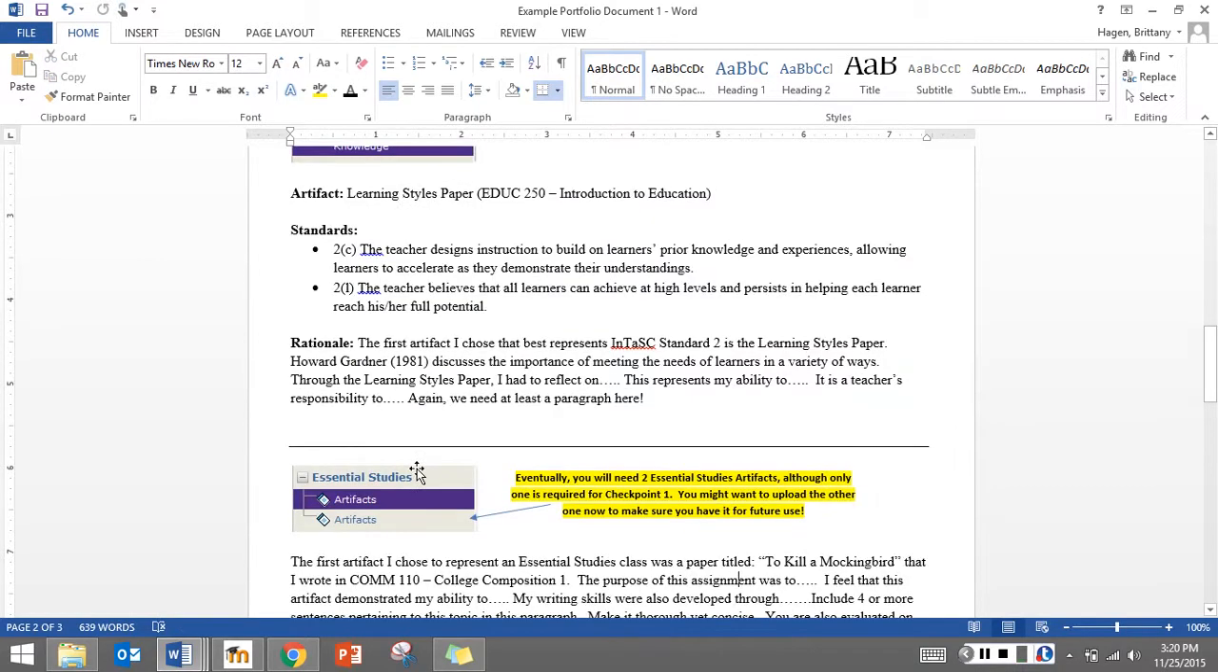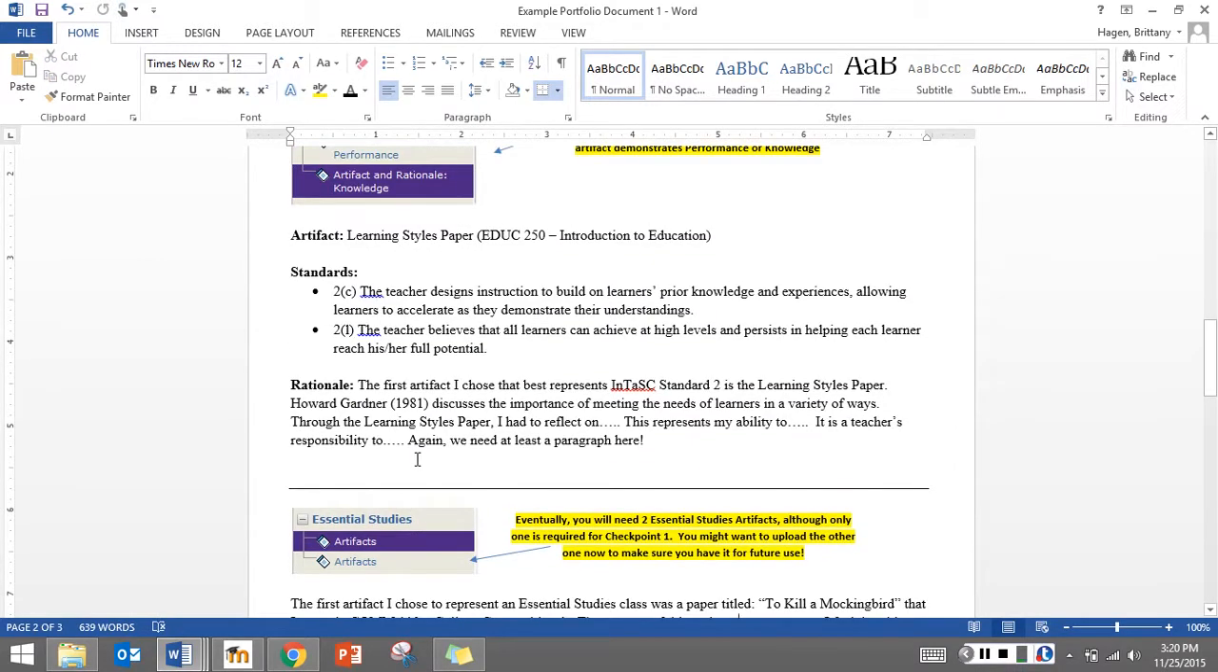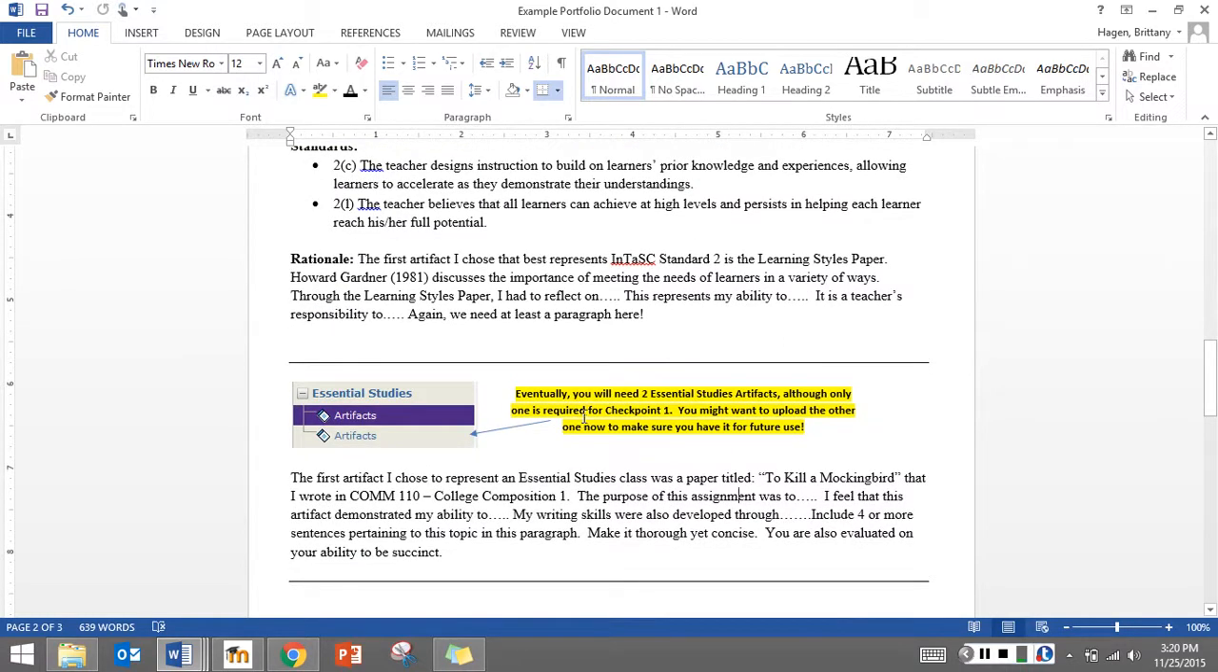Regardless of which way you pick, just keep it consistent, so every section should have the same format. And I put here in bold and yellow so you pay attention to it. Eventually at the end you'll need 2 essential studies artifacts, and for Checkpoint 1 you only need 1, but the tricky part is when you're in student teaching, you're like, oh, I didn't save any of those artifacts from my essential studies courses. So those are your gen eds, your classes that everybody in the university has to take, not